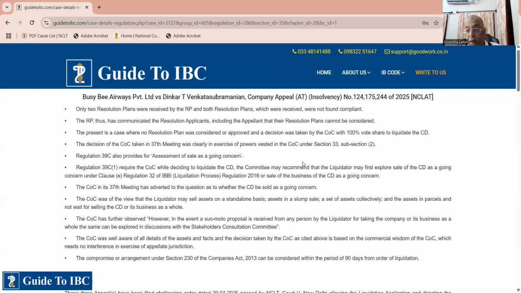So this is an important case. We invariably tend to think that a going concern sale should be most preferable. It is. But then there is a logic. And Easy Trip Airways Private Limited is a new case, and I think it's an important case which you should consider. Now let us come to an important case